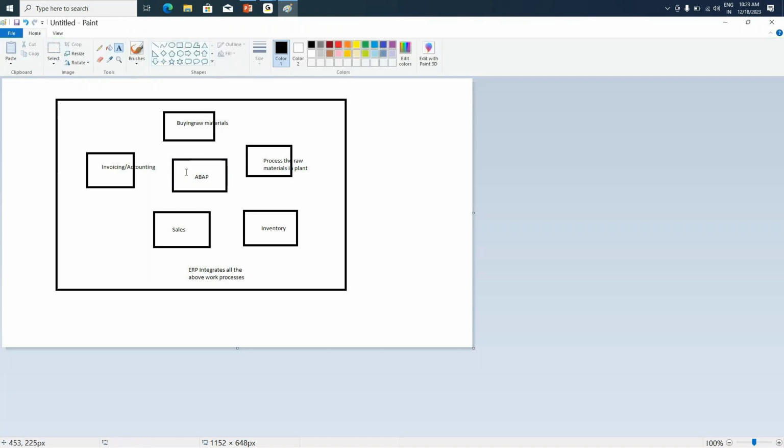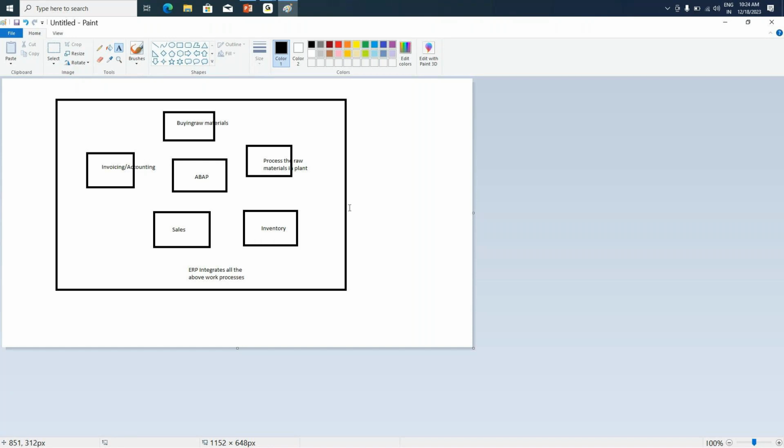Without ABAP, none of these processes can be integrated. They will not be able to integrate any of their processes whatsoever. So ABAP is the most crucial and important module in SAP for any company. For example, if my company doesn't produce anything and is only a consultant company, you will not have raw materials, you will not have inventory, in all those cases. But even if it is a consultant company, you will need to have ABAP. It doesn't matter whatever the business process is, whatever the company is, ABAP is the minimum or basic SAP module that is available throughout. It will be there in every company.